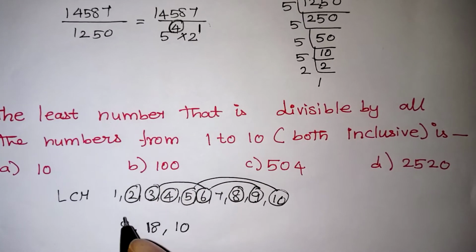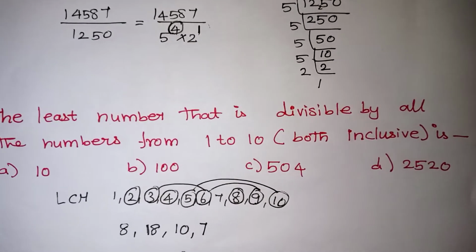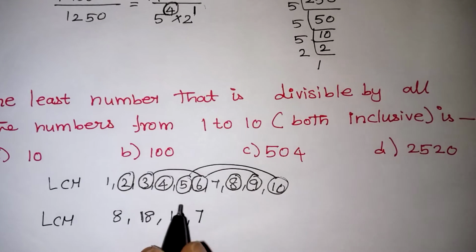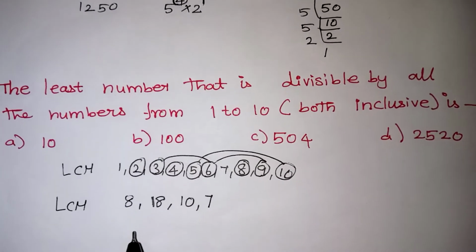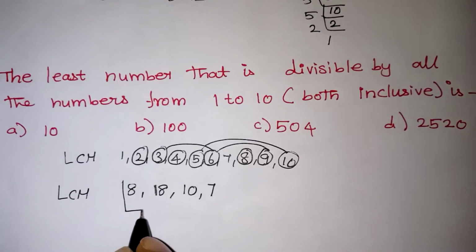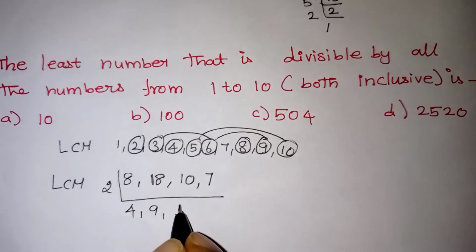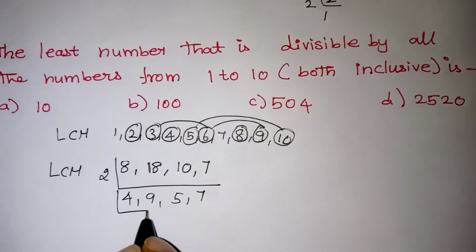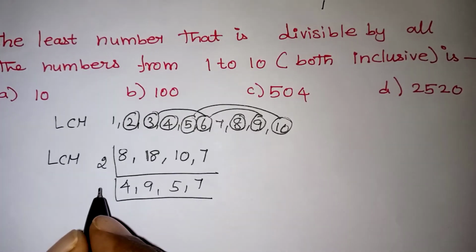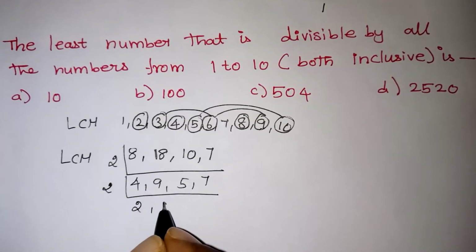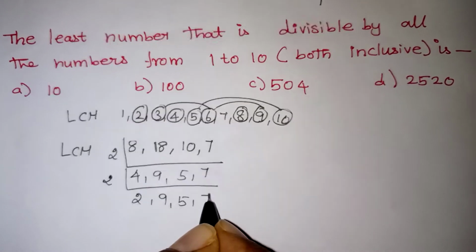So the remaining number is 7. 1 you need not consider. We need to find the LCM for these 4 numbers. Instead of finding it for all the numbers, we can take only these numbers now. Let us go by the 2 table first. 2 4s are 8. 9, 5 and 7 will never come in the 2 table. Keep them as they are. Again by the 2 table, 2, 9, 5, 7,